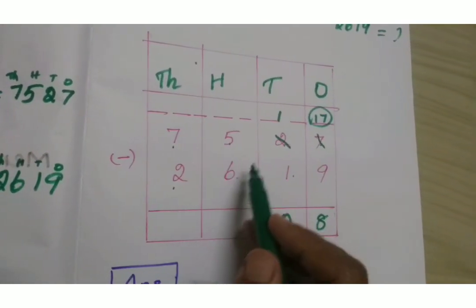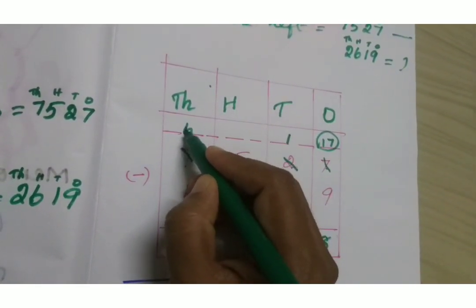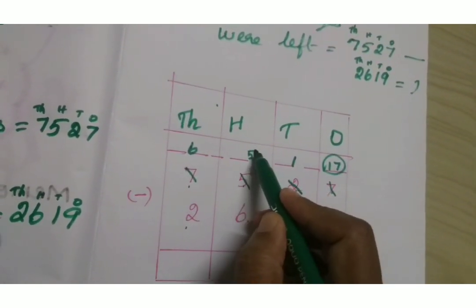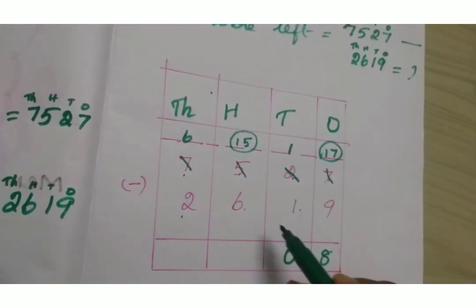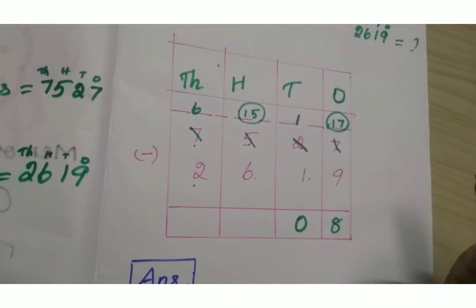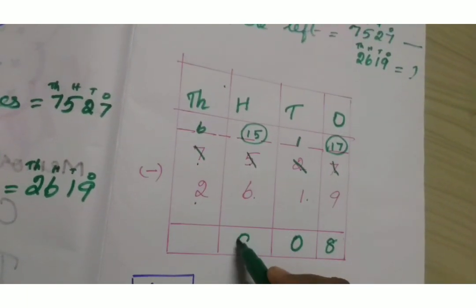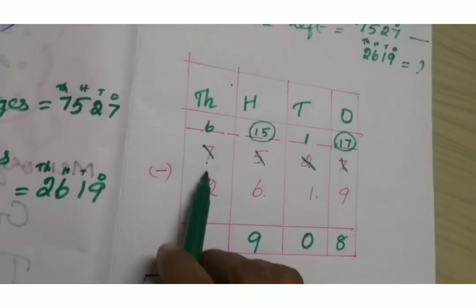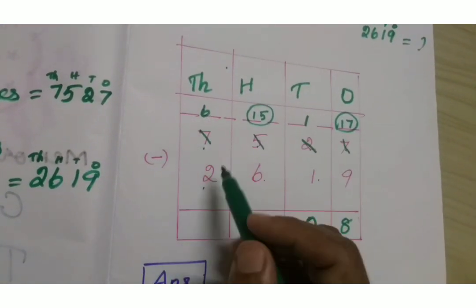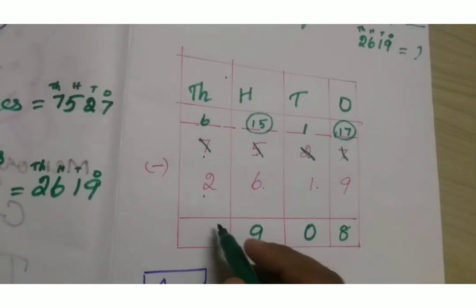Here again, where is the greatest number? Below. Below means you have to cut the before number and write one before, and you got the number 15. So 15 in the mind, 6 in the finger. 15 before, 14, 13, 12, 11, 10, 9. So answer 9. And where is the greatest number? Above. Above means you have to subtract directly. That is 6 in the mind, 2 in the finger. 6 before, 5, 4. So answer 4.